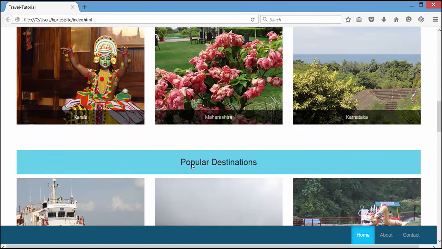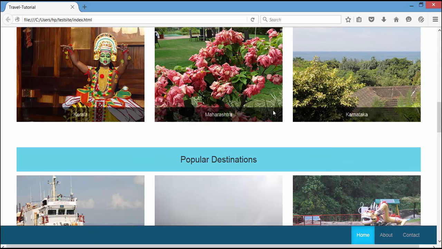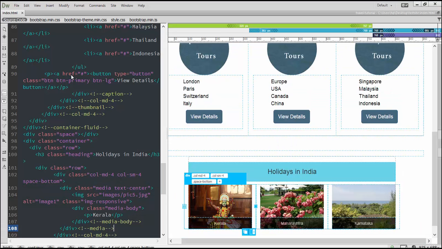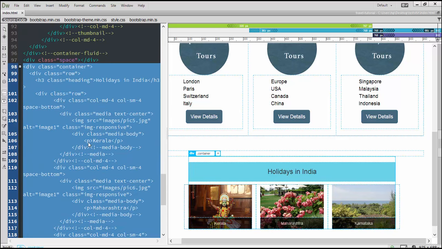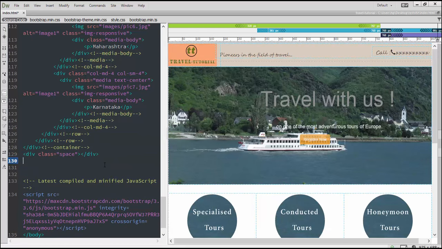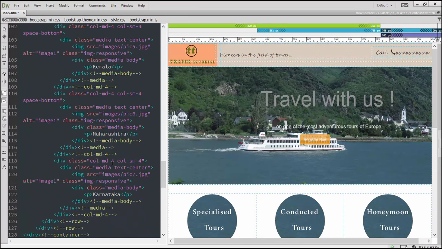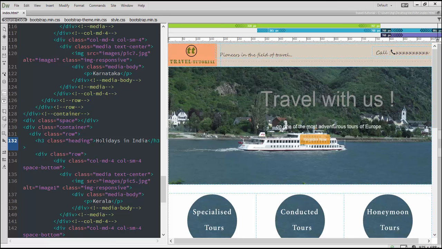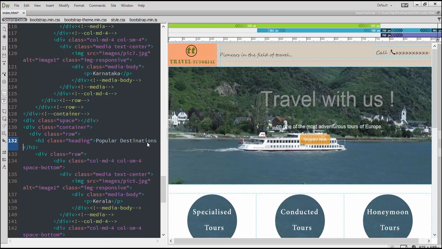The next item, the popular destinations, is almost a replica of the above 3 columns. So what we can do is come down to the HTML here and then copy the entire container. Just copy this, then after the div class space, come and paste it, and then let's go on changing the headings and images. Like instead of holidays in India, let's change the heading to popular destinations,